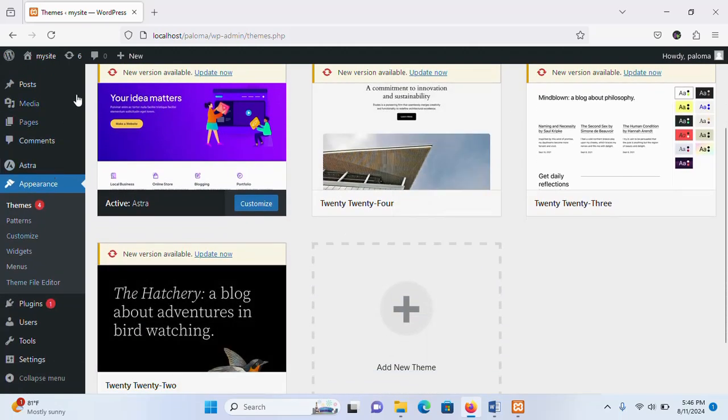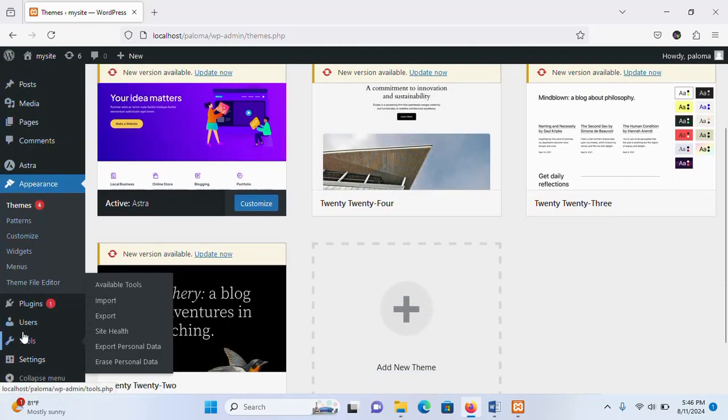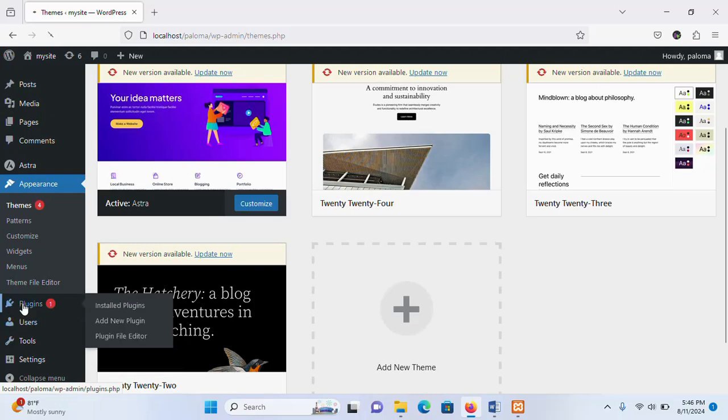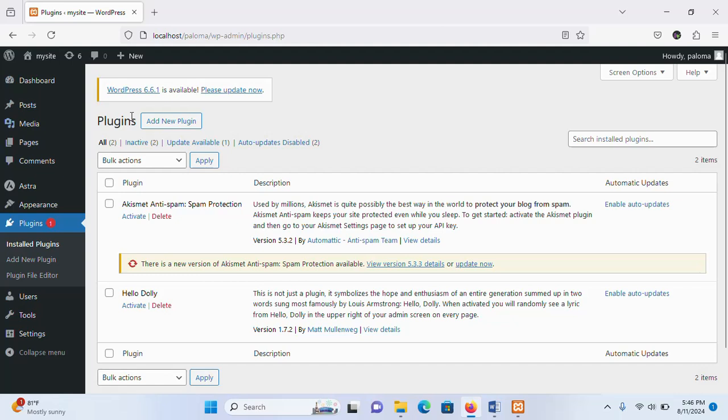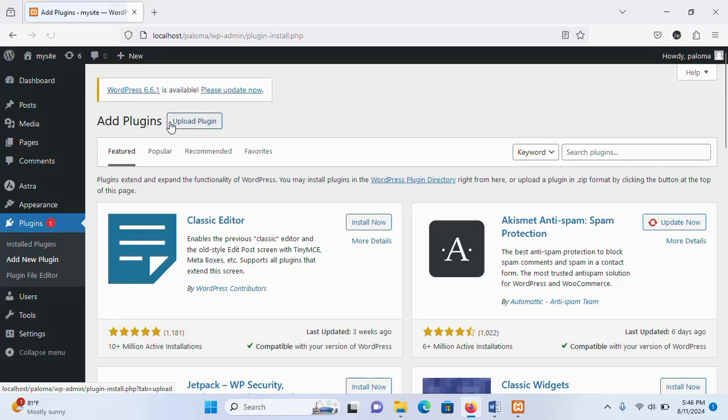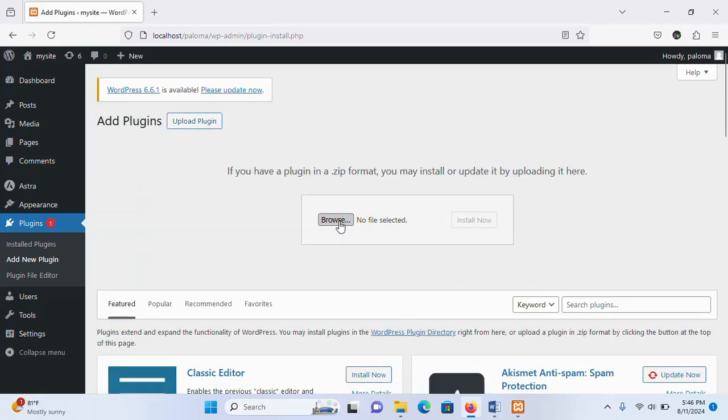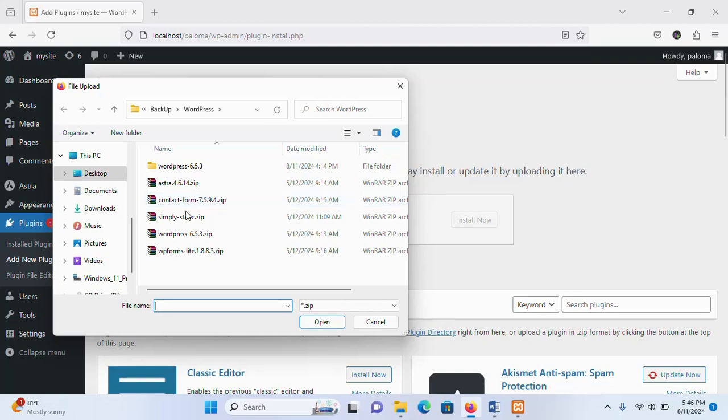So you come here to the left side and look for plugins. Click on plugins, let it load. So after you have clicked on plugin, you come and click on add new plugin. Remember, you have already downloaded it. How to download is also in that first video. Then we upload the plugin, browse, and here now you come to